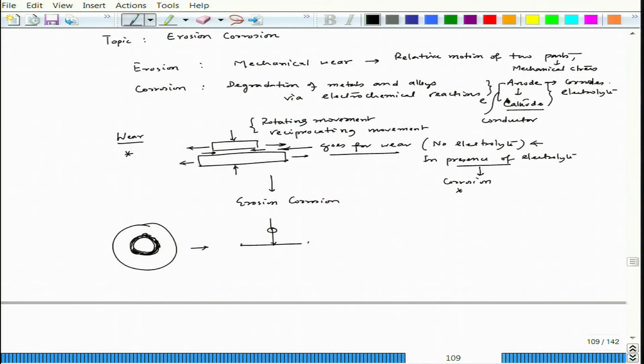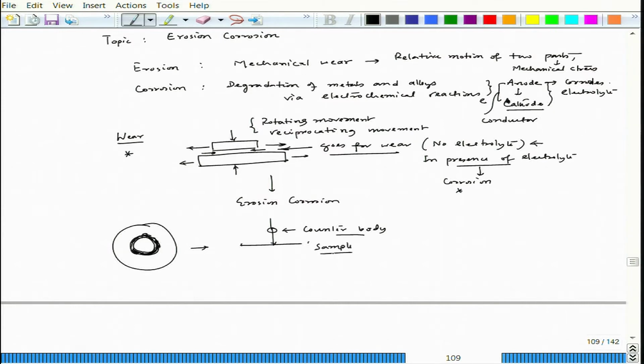So, in this case this process can happen in a very short duration, and if you have a controlled environment, with no moisture, you can also have it under controlled argon flow. So, that means there is no electrolyte as such. That time it will be pure wear, but it can also happen, let us say you have some acid bath. In that acid bath you put a material and then have a pin on disc operation, and then you can have wear. So, this pin is basically called the counter body, okay, and this is the sample.